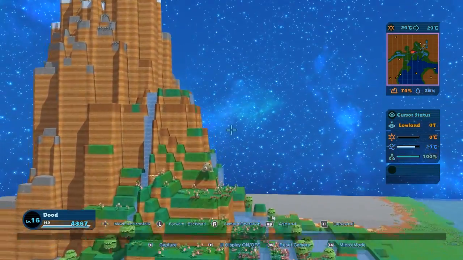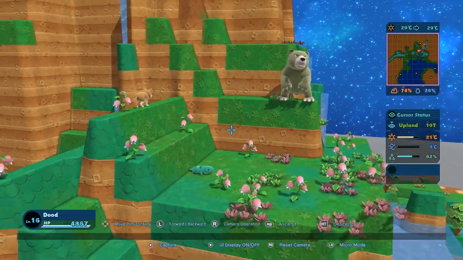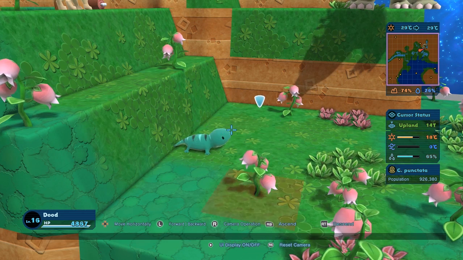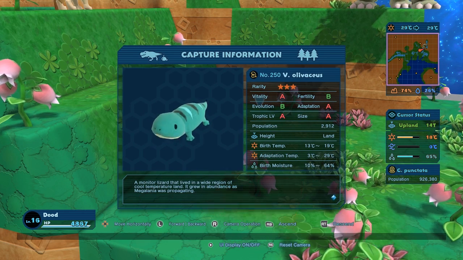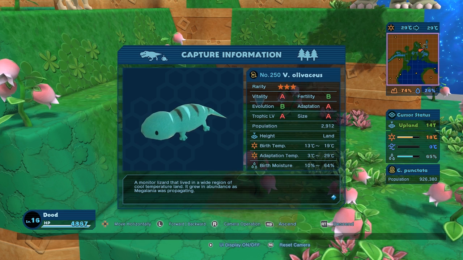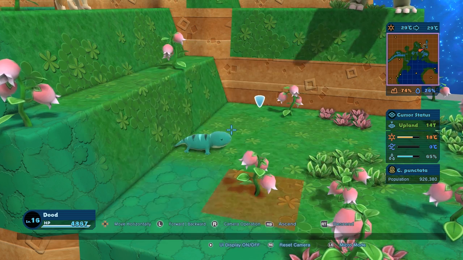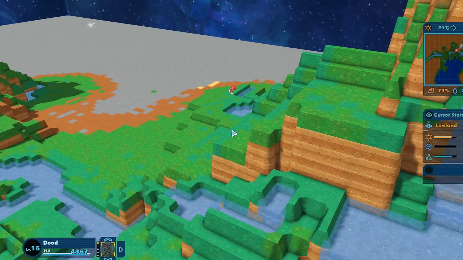Alright, and we got something else over here. Oh, it's probably this, like, teeny little lizard. Yeah, there he is. I thought we had another olive tree. V. olivaceus. V. olivacus? I don't know. A monitor lizard that lived in a wide region of cool temperature land. It grew in abundance as Megalania was propagating. Yeah, we got a puppy. Okay, well...